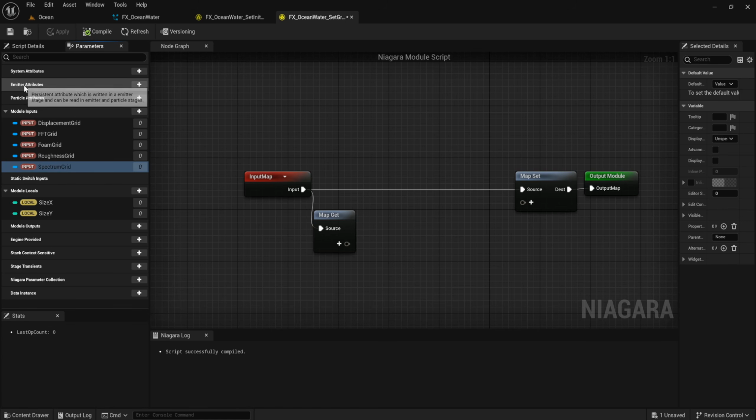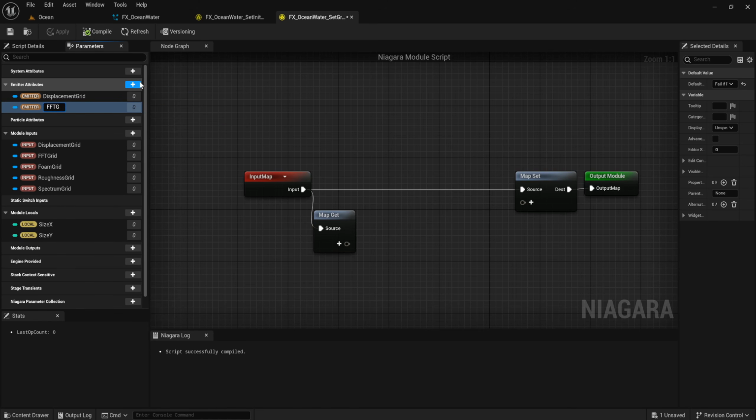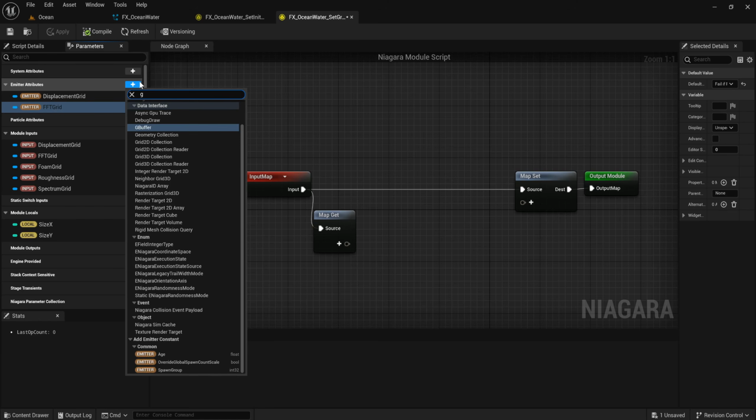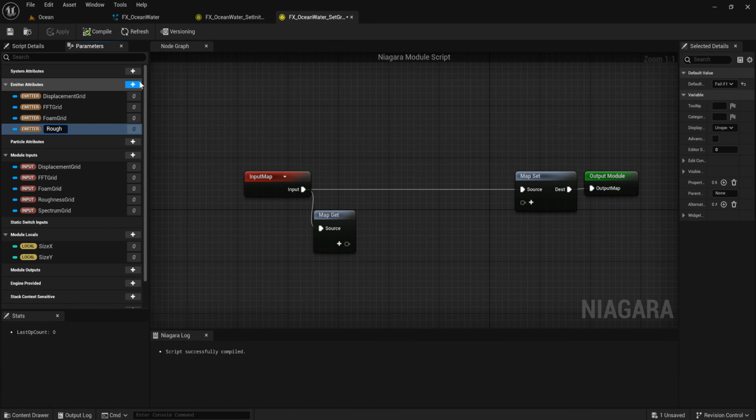and then we add emitter attribute grid 2D collection, displacement grid, 2D collection, FFT grid, the same as the input, grid 2D collection, foam grid, 2D collection, roughness grid, 2D collection, spectrum grid,